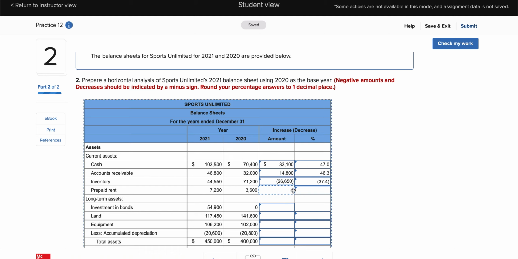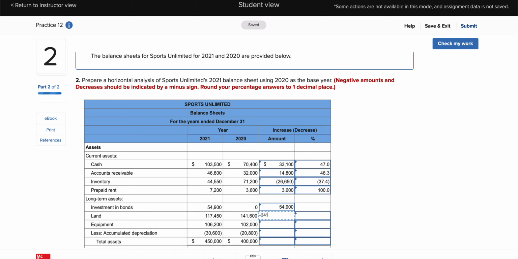There's an increase in prepaid rent of 3,600. That is actually doubled or 100%. Doing the same thing for the long-term assets. We're literally doing this exact same thing for every item that we see here. And that percentage there, we can't do it because we can't divide by 0, so just leave that one blank there. The difference between the land, there was a decrease